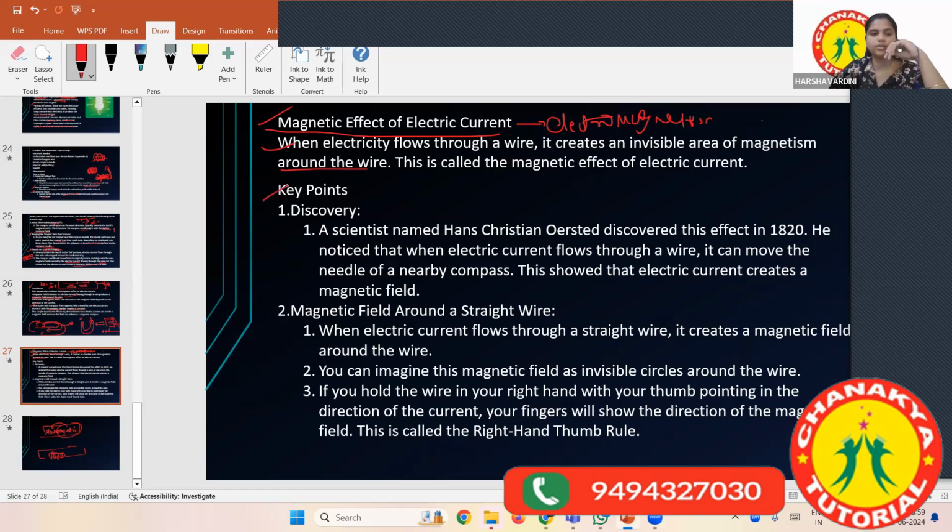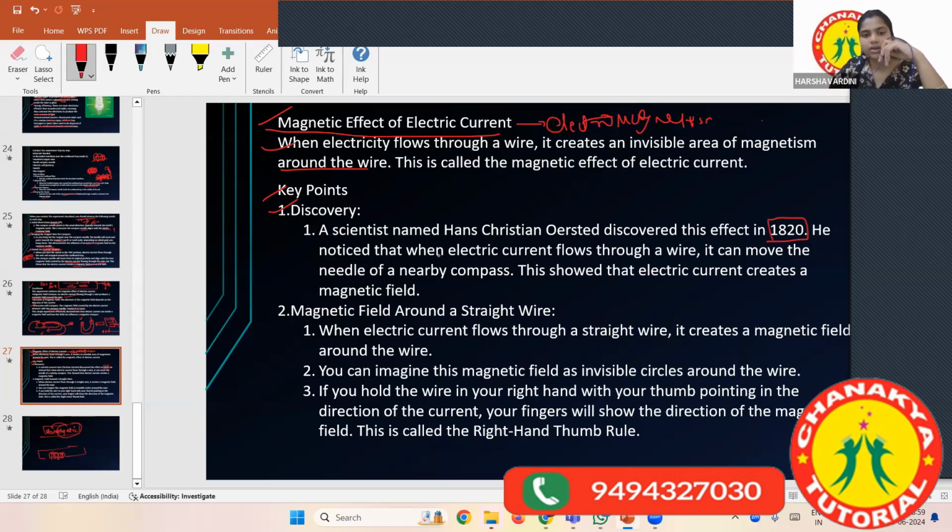Now we'll go to the key points. Discovery. When they discovered this, there is something called electromagnetism. The magnetism is generated when electricity is passing. Who discovered this first? A scientist named Hans Christian Ørsted discovered this effect in the 1820s itself. They discovered this phenomenon of